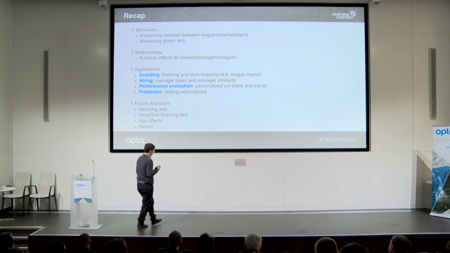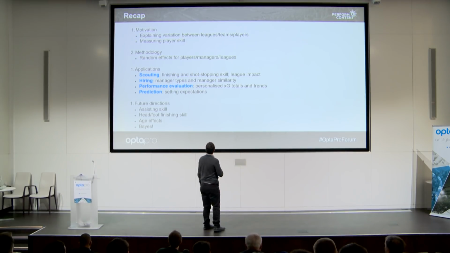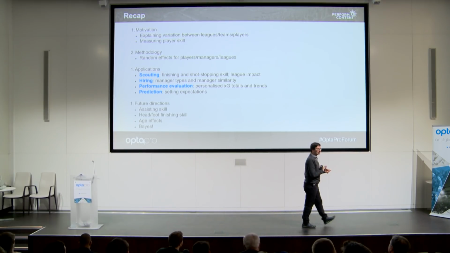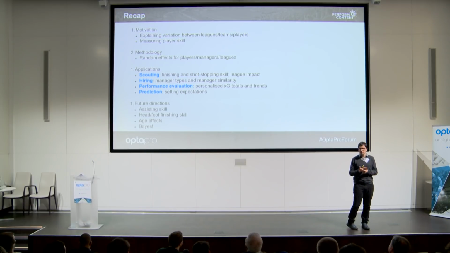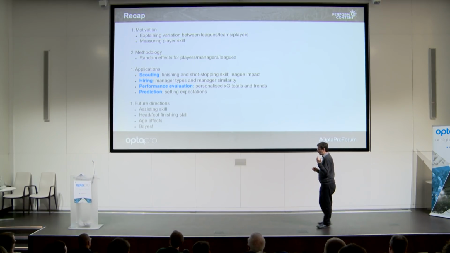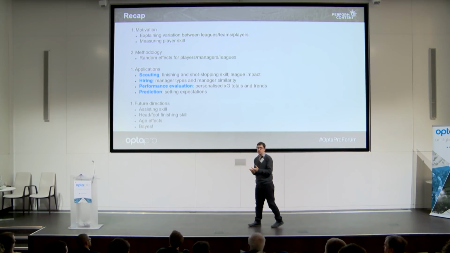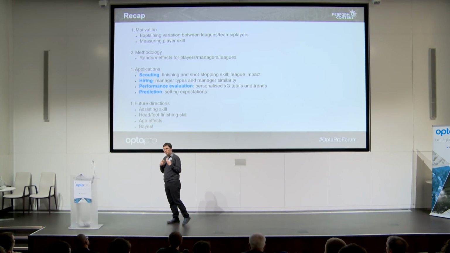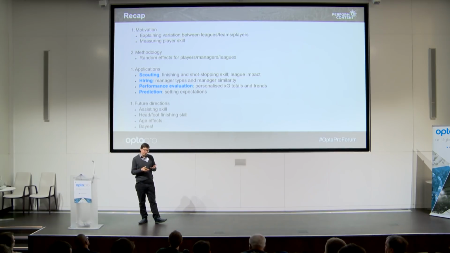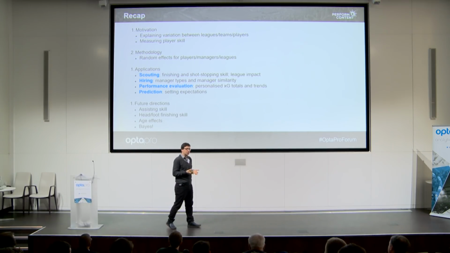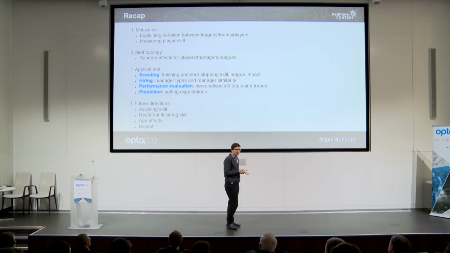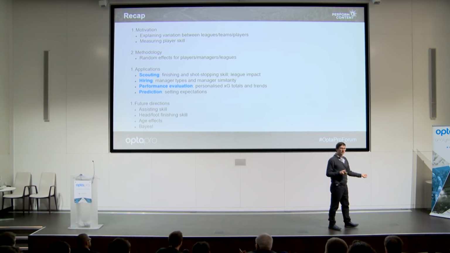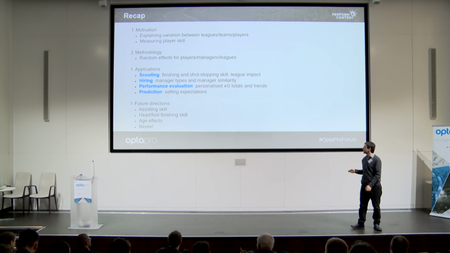Now, this can be applied in a variety of ways on which I touched already, but mostly, obviously, we're talking about scouting. So here you have at least the shooting ability and the goalkeeping ability provided by the model. You could apply it on the board level when you hire a new manager. You want to ask yourself, do I want a similar manager to the last one, or do I want someone completely different? And if you hire based on their XG production, which you should, not exclusively, but you should be looking at it, then you should also use those manager efficiency estimates to correct the XG numbers that you hired them on.